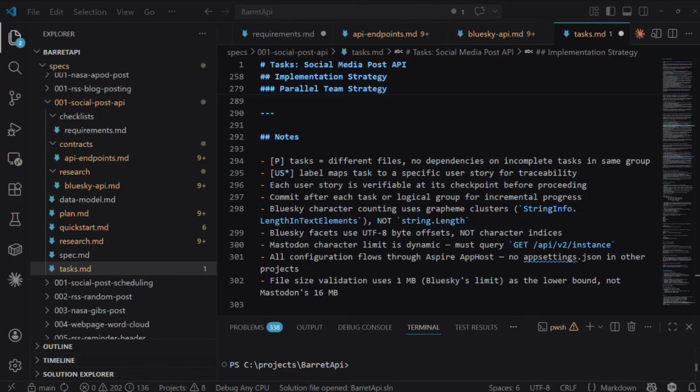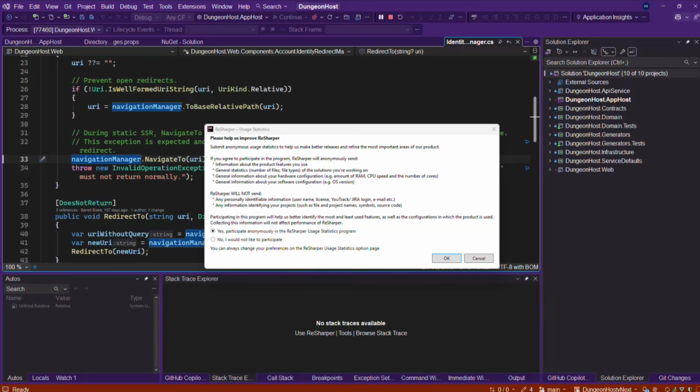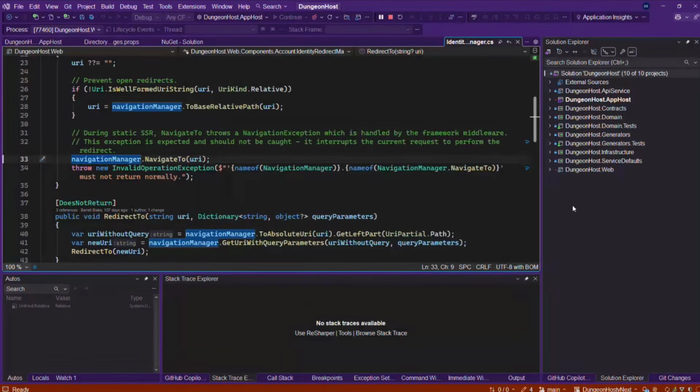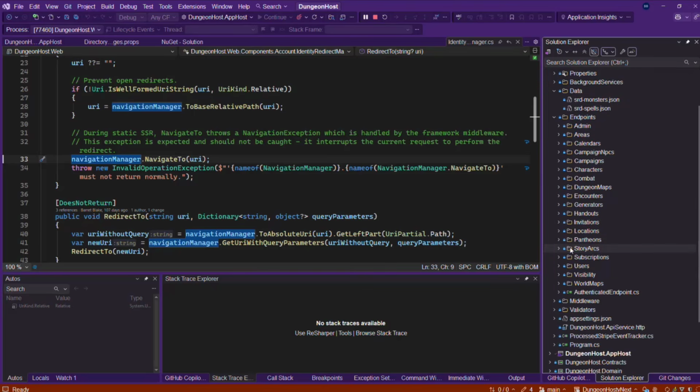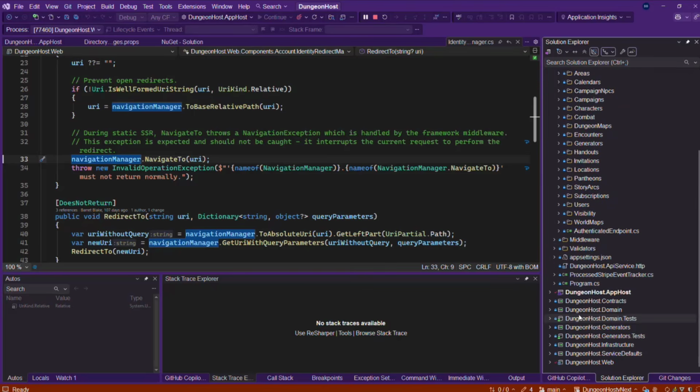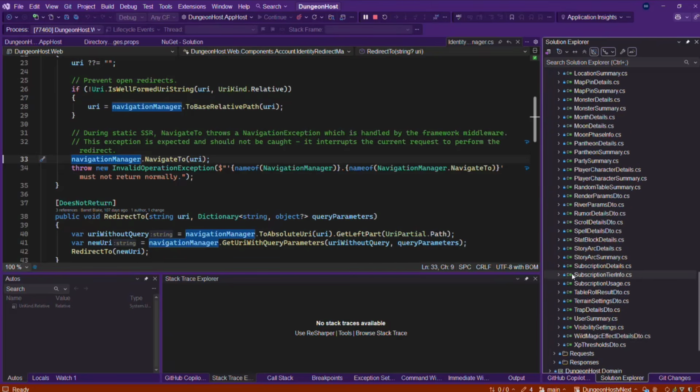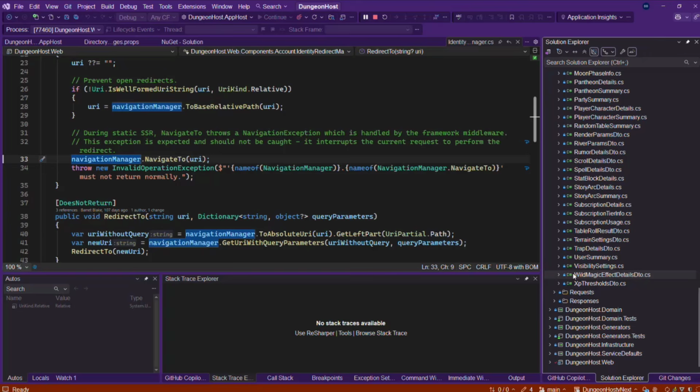This D&D project that I've been working on is by far the biggest one that I've done with it so far. So you can see here, it's a fairly good sized project, and it's got quite a bit to it as far as endpoints and my data contracts and various things. So it's by far not a tiny proof of concept type project. So it seems to still work pretty well for that.